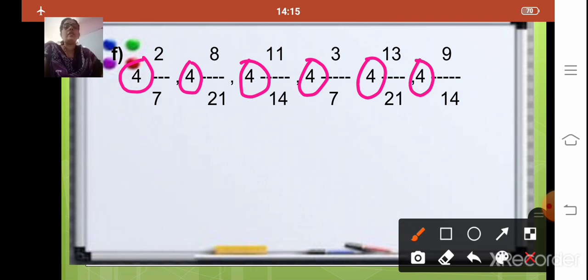You will not convert any of the mixed fraction to improper fraction. Only if your whole number is different or if your quotient is different, you will convert the fraction to improper fraction. Okay. So here you can just ignore the whole number and you can take only the fractions.